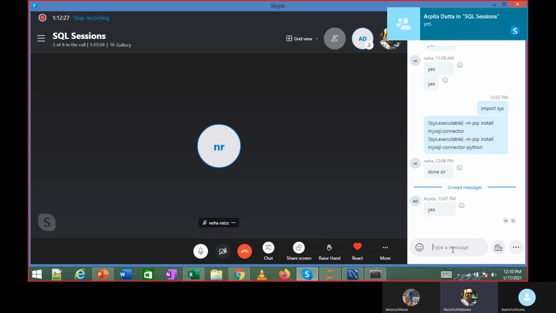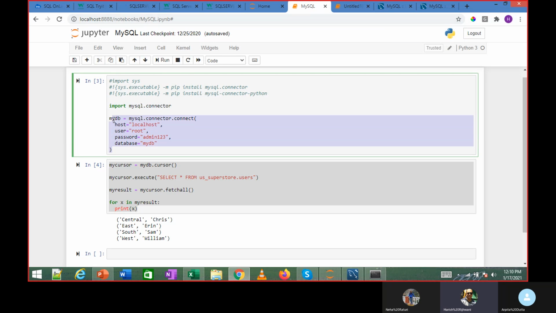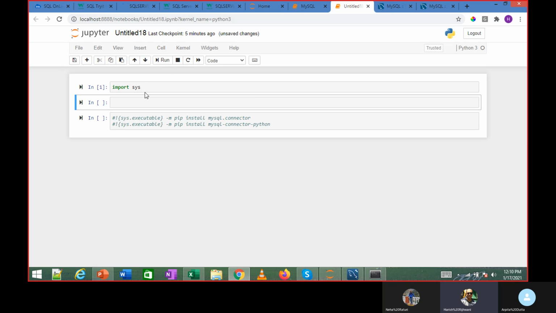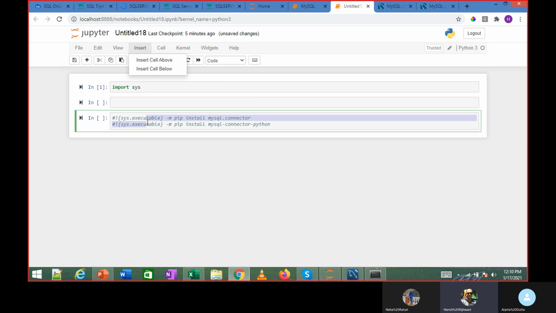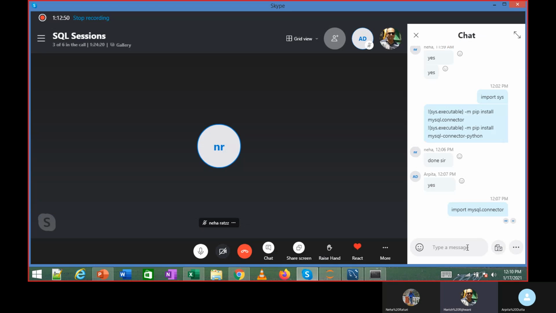Okay. So the next step is to import the connector, MySQL connector. Import that connector, and we need to create this connection string. Once we import the connector, we need to write a connection string after you import the connector.